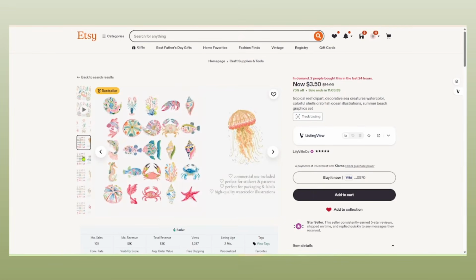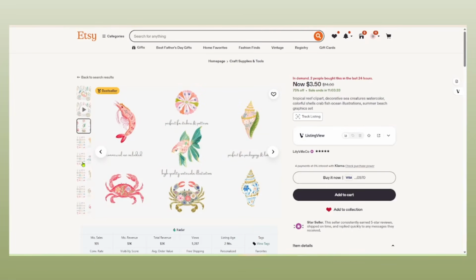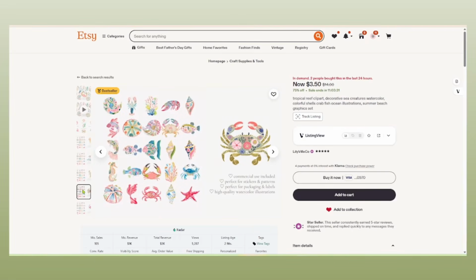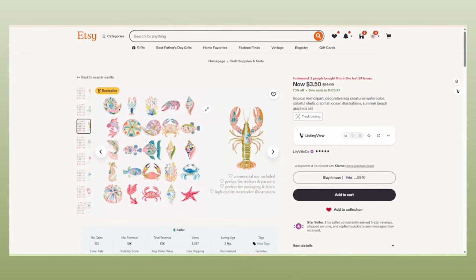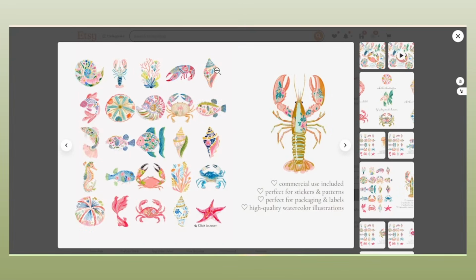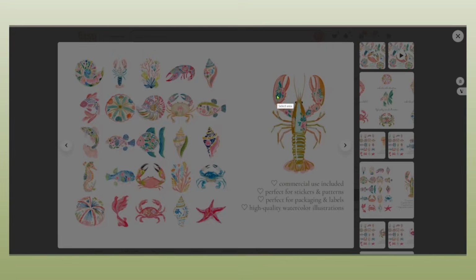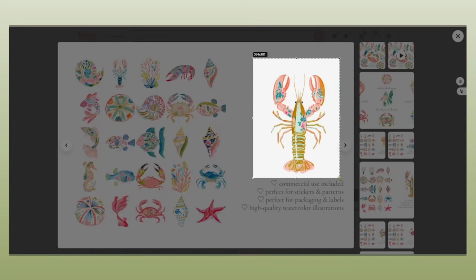And I'm just going to scroll through here a little bit, and I'm going to look at some of these different images that they have. And what I'm going to do is take just one image, all right? Like this lobster. That one really, I think, shows the overall style really well. So I'm just going to take a screenshot of that lobster right there, and